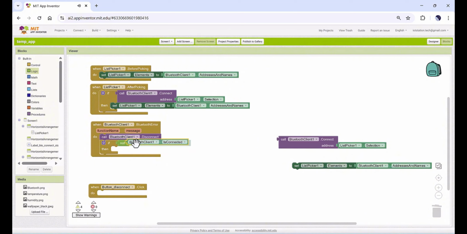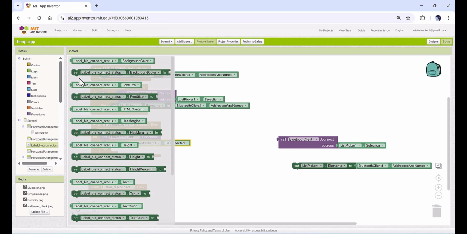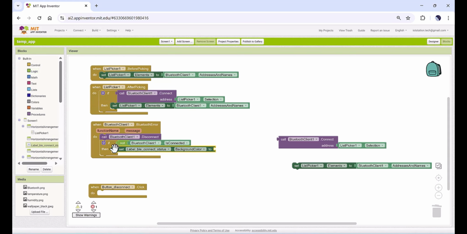If Bluetooth is not connected, then set the label. Where is the label? This is the label for connect. So let's set the label text to disconnected, this disconnected, and then again set this label